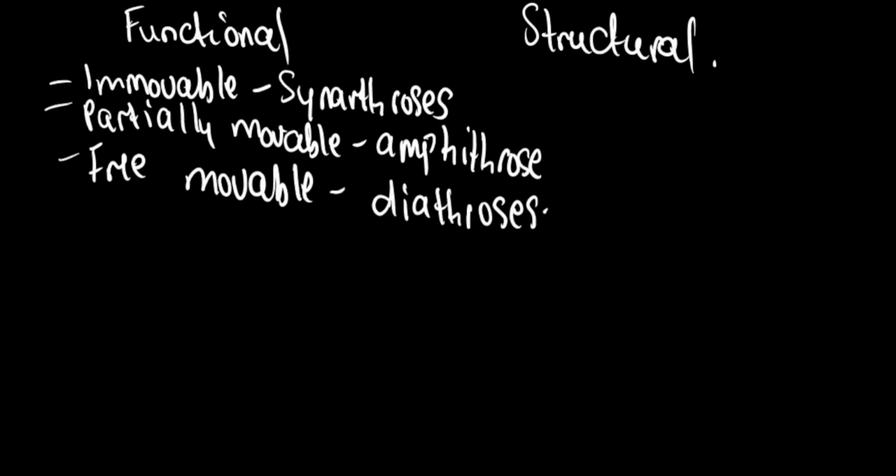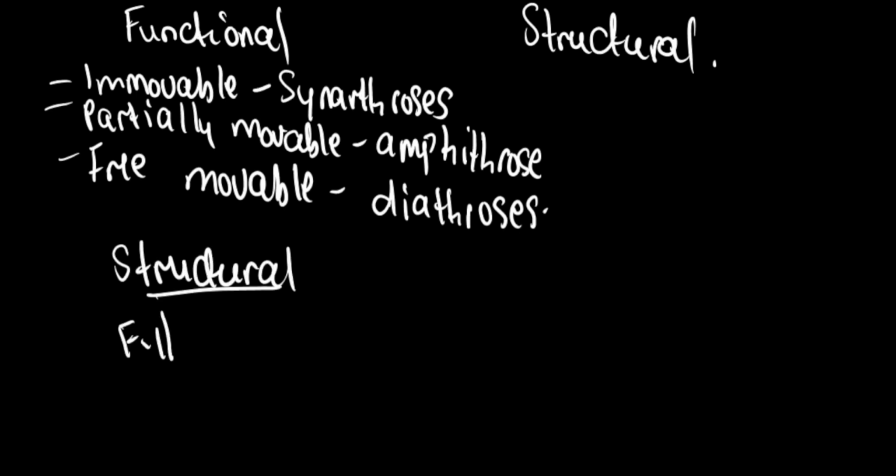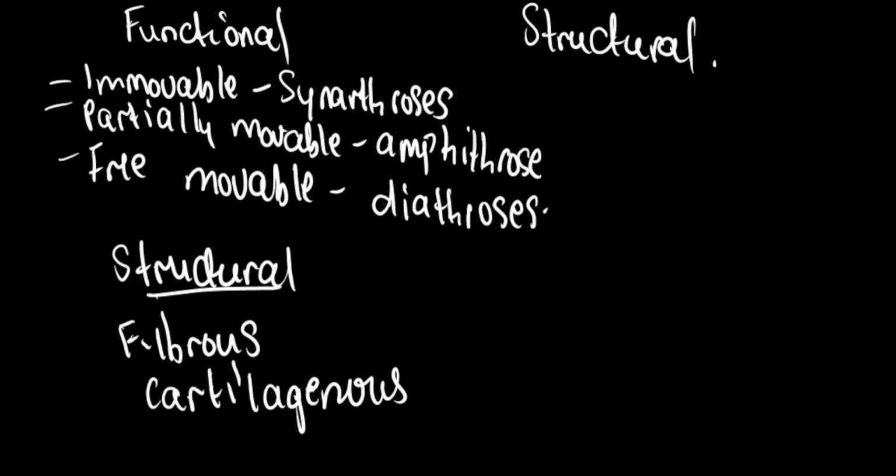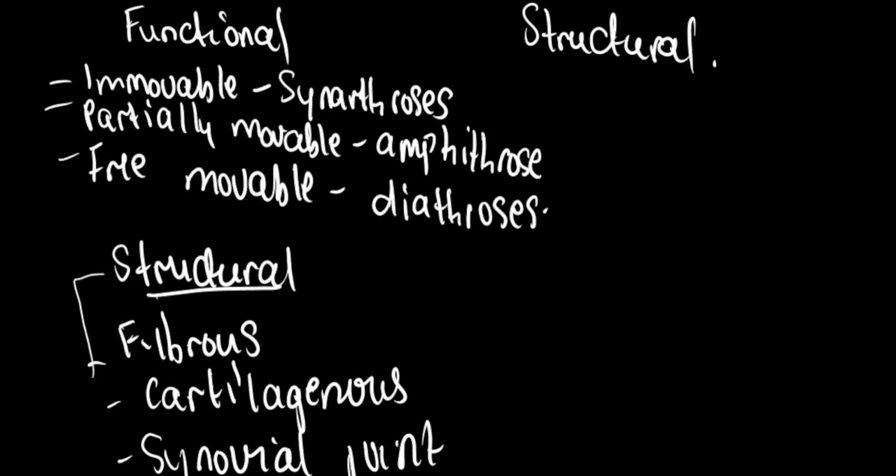Now, the structural classification helps us to understand the type of structure that connects the bones. For structural classification, we could have fibrous joints. Of course, for fibrous joints, we would have fibrous connective tissues connecting the two articulating bones. We could have cartilaginous joints, and we could also have synovial joints. Now, of all the three classifications of structural joints, the synovial joint is the only joint type with a joint cavity. We'll go on to see this in more detail when we take a look at the structure of the